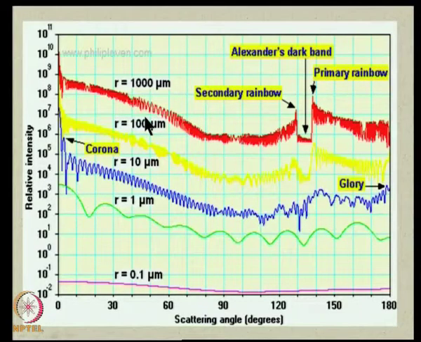Okay. And you see clearly the primary and secondary rainbow occurring at angles measured with respect to the forward direction. That is why you are getting angles like 140 instead of 42, because the 40 degrees you saw in the earlier picture, here you should look at as 180 minus 42. So, 138, that is the primary rainbow, and the other one is 50 degrees or 130 degrees. So, these two rainbows show a sharp increase in intensity.